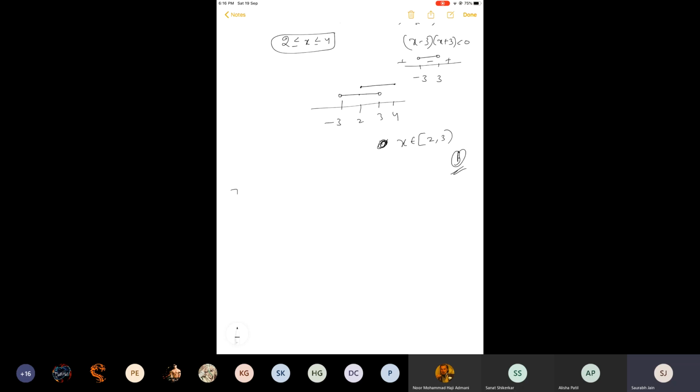Okay, let us see the 18th question first. Question number 18, basically what is given. Statement 2: f is a bijection, and statement 1. All right. So basically what is f(x) here? f(x) is (x plus 1) whole square minus 1, where x is greater than or equal to minus 1.